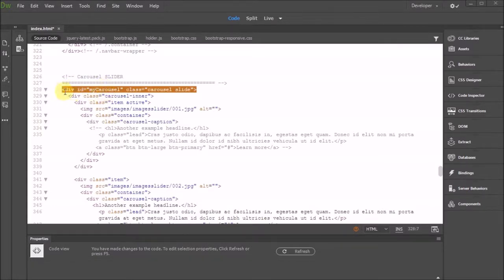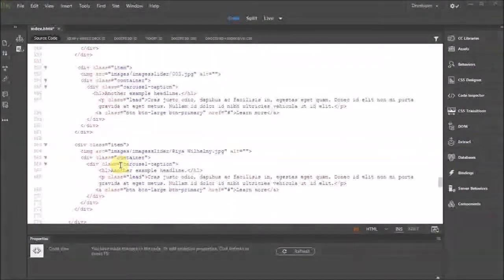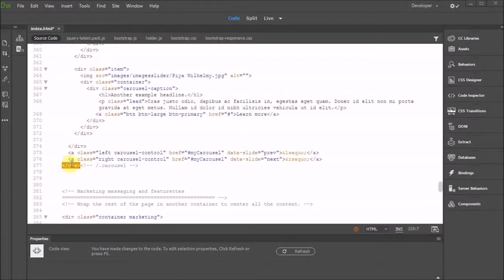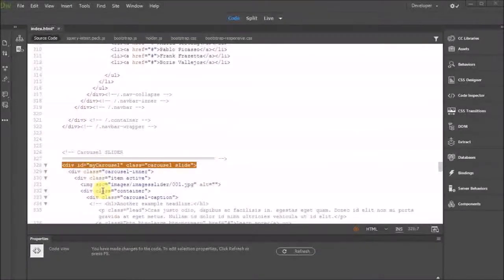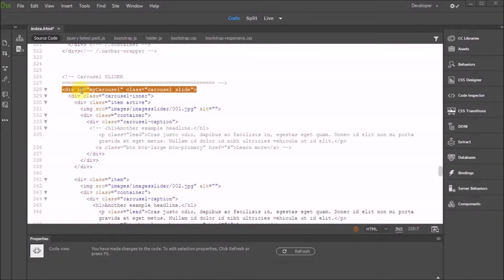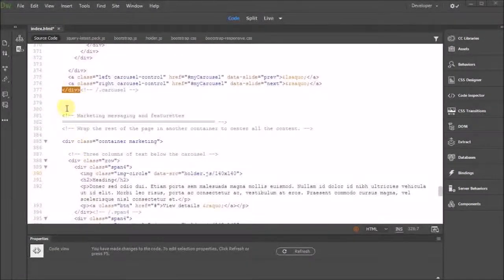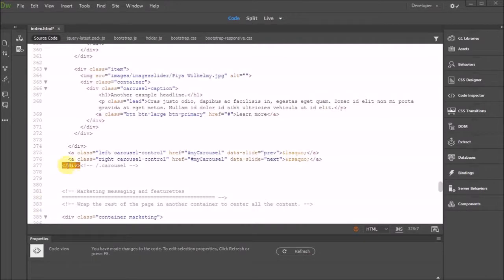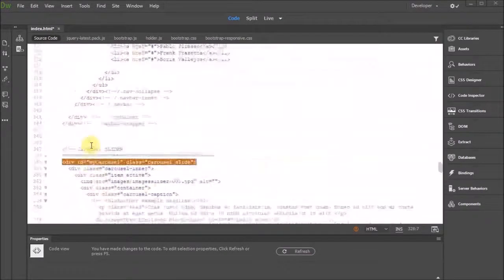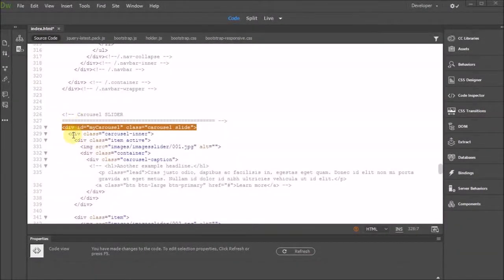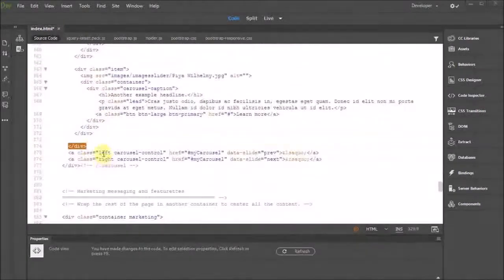Now the div can be used for anything, and it works pretty well for everything. So you have to have some experience to understand what code is about. We have the opening div, and here we have the closing div. Dreamweaver is telling us that this closing div belongs to this opening div, and so on. That's another div, closing div,